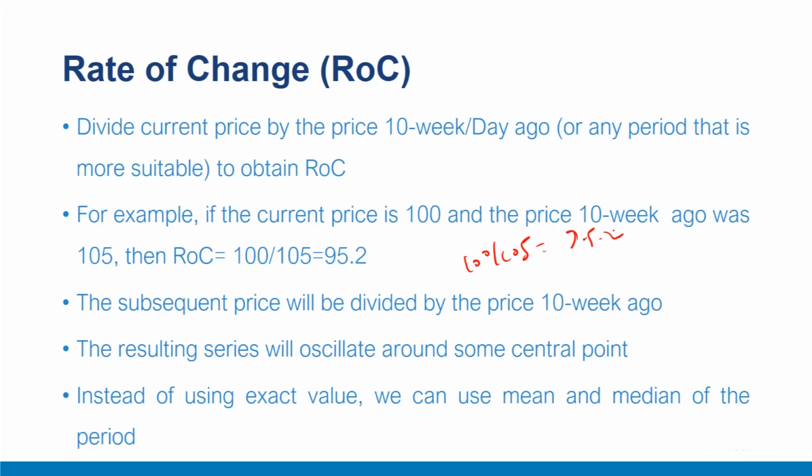The subsequent reading in the indicator will be calculated by dividing next week's price by the price 9 weeks ago. The result is a series that oscillates around a central reference point. The horizontal equilibrium line represents the level at which the price is unchanged from its 10-week-ago reading. If an ROC calculation was made for a price that remained unchanged, the momentum index would be represented by a